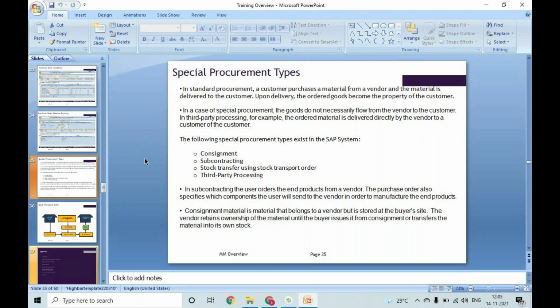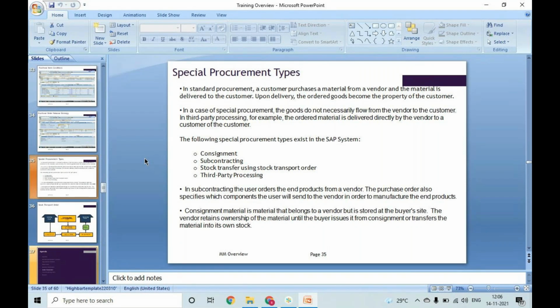Okay, and he will convert that raw materials and other materials to finished material, and he will give it to you. So in subcontracting, what is happening? You are providing the input materials, input materials means raw materials, to the vendor, and what vendor does? Vendor will convert it to finished material and he will send it back to us, and we'll do the payment for that particular service. This is called subcontracting process.